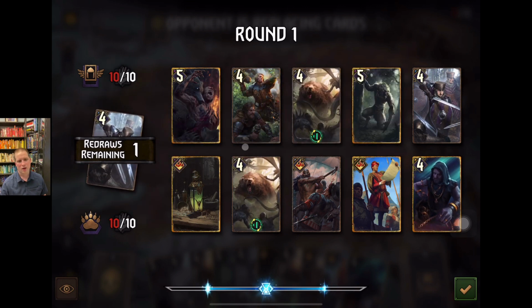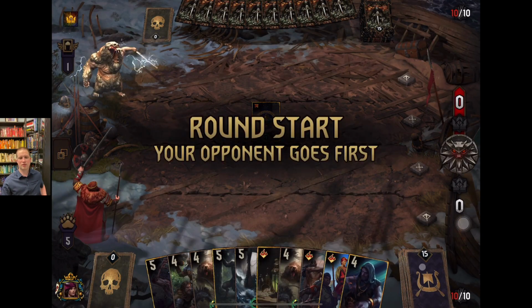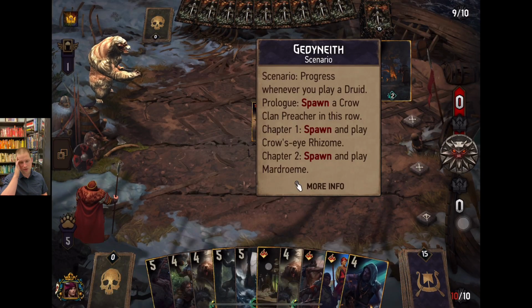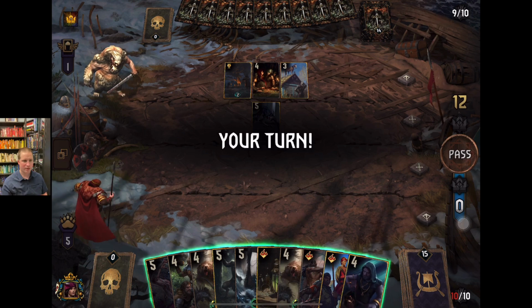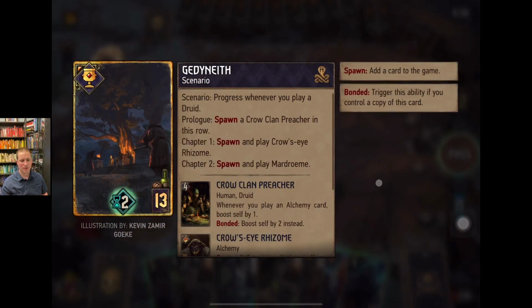Alright, so we can use our leader ability this time, but we have forced redraws in that we have to toss those Shield Maidens back in. Yeah, this is not our best draw so far. And it looks like he's going to be doing that deck I was talking about, to be honest with you. And it's going to rely heavily on Gedeneth, so...